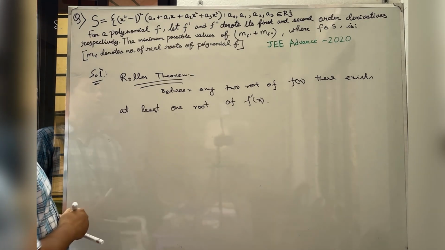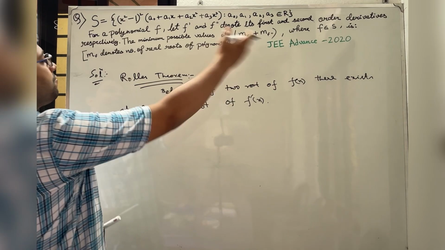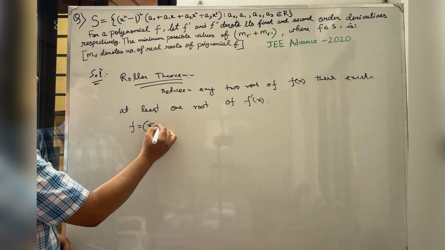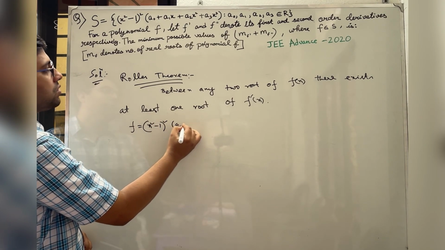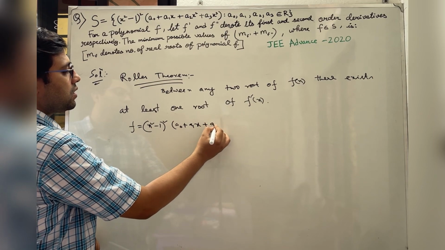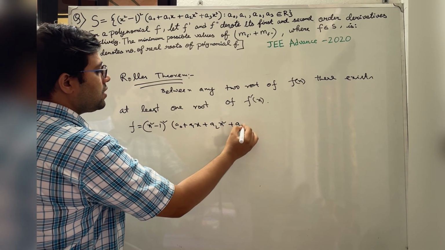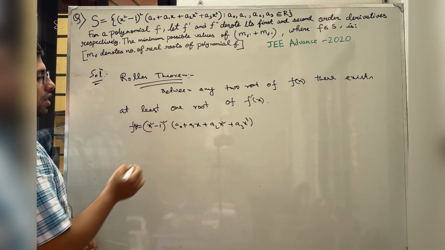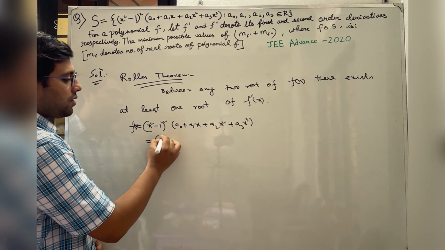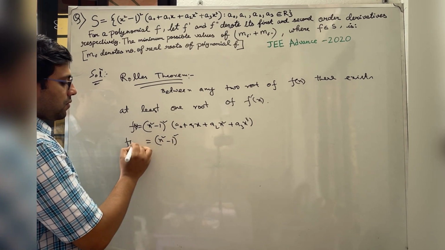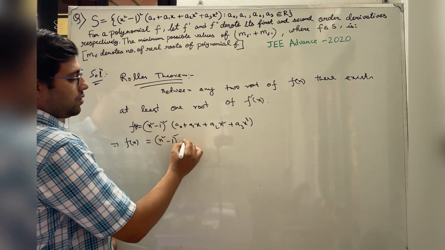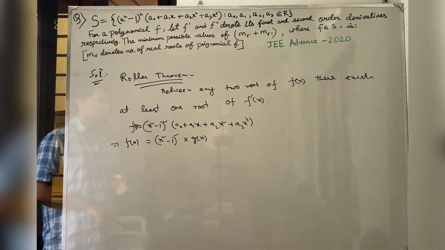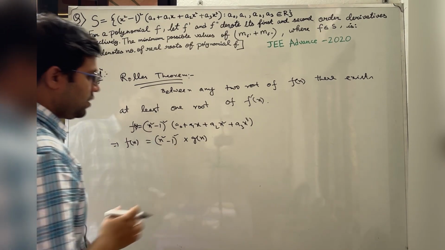Look. Since f belongs to S, f must be of the form (x square minus 1) whole square times (a0 + a1x + a2x square + a3x cube). So this is f(x), and we write f(x) in this form, and suppose this is my g(x). So f(x) is a combination of two polynomials. Okay. Now,